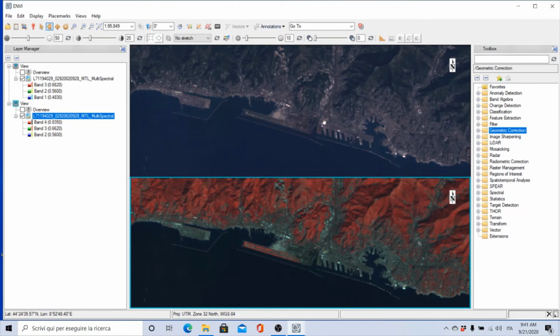And whatever is very dark is for sure water, because you also know the water is very absorptive in the near infrared, but in general in the infrared bands. So, you see here in the inner part of Genoa, whatever is red is vegetation, while here the water of the sea is very dark because the water is absorbing